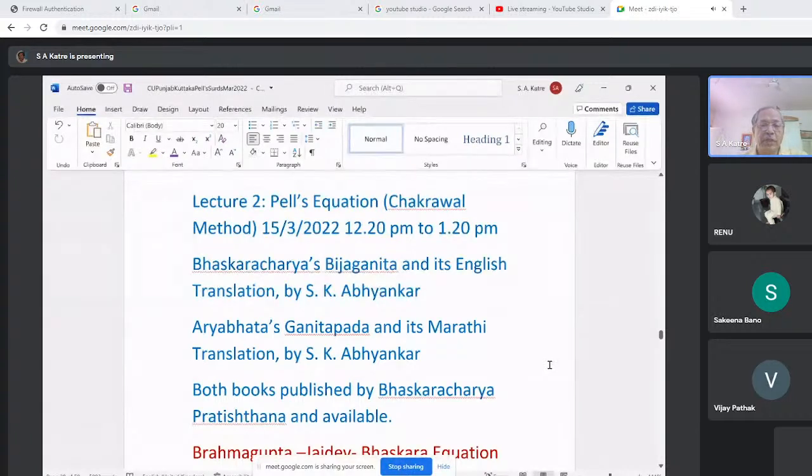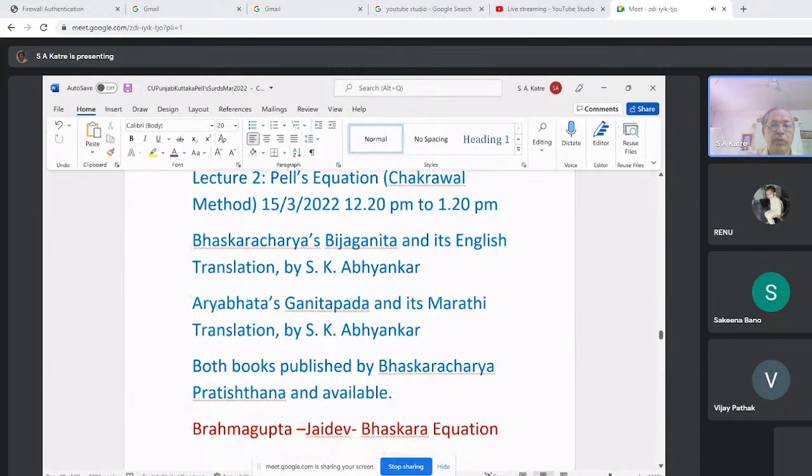This Pell's equation is now called the Bhaskaracharya equation or Brahmagupta Bhaskara equation. So we shall see what this equation is. I would also like to mention two books, as was requested by participants and mentioned by Professor Gauri Shankar. There is one book in English, Bhaskaracharya's Bijganit, and its English translation. It does not have explanation. Maybe at one or two places it has explanation, but the translation of the original verses in Bijganit is given here. And this book is published by Bhaskaracharya Pratishthan